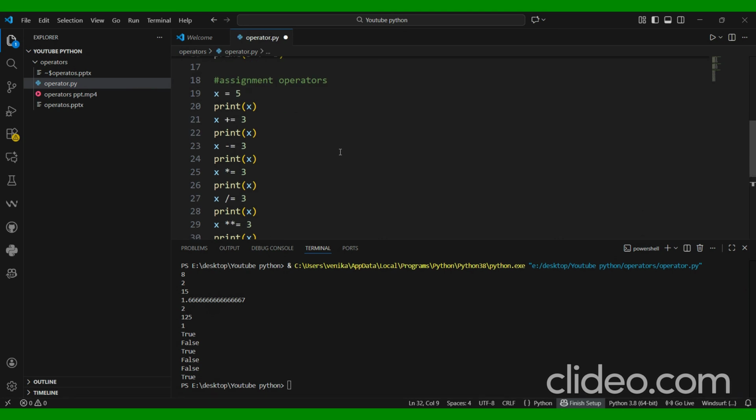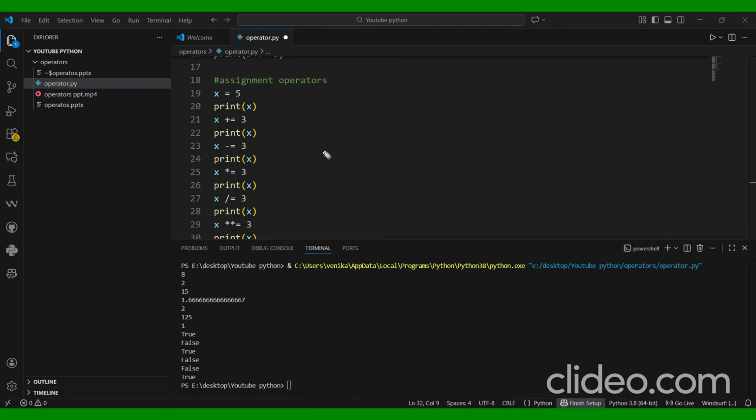These are all the examples of assignment. x equal to 5, so when you print x, x has 5, so it will print 5 only. But when we do x plus equal to 3, that means 5 plus 3 will be 8. It will give you 8 here. Now again, x becomes 8. 8 minus 3 is going to give you 5, so it will print 5 here.